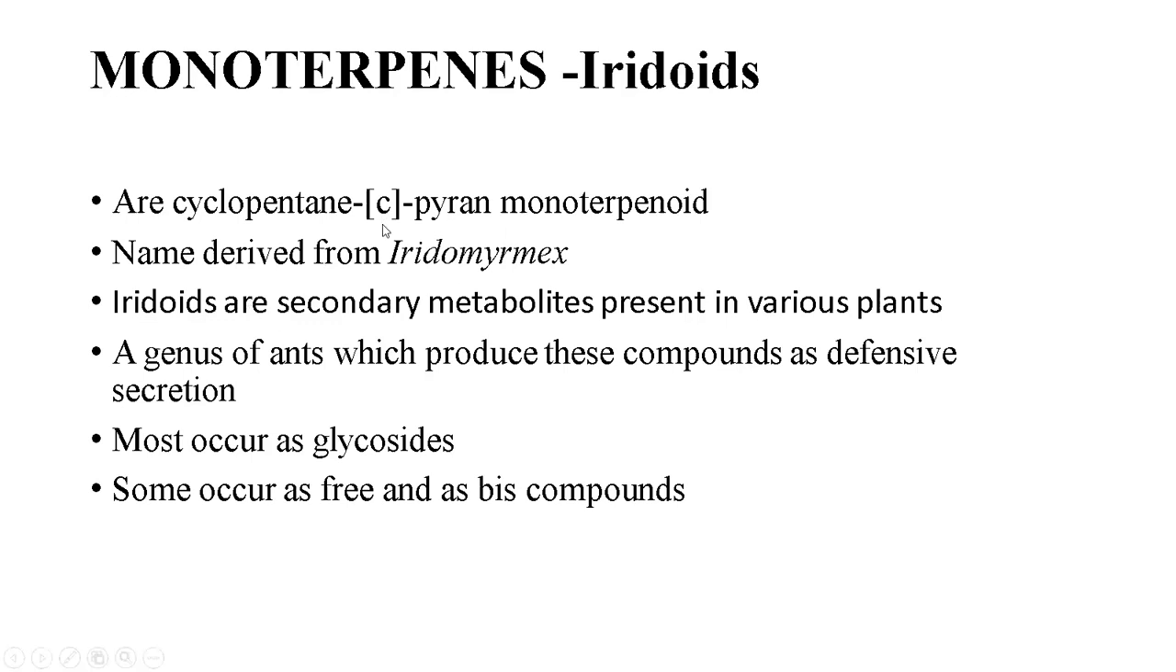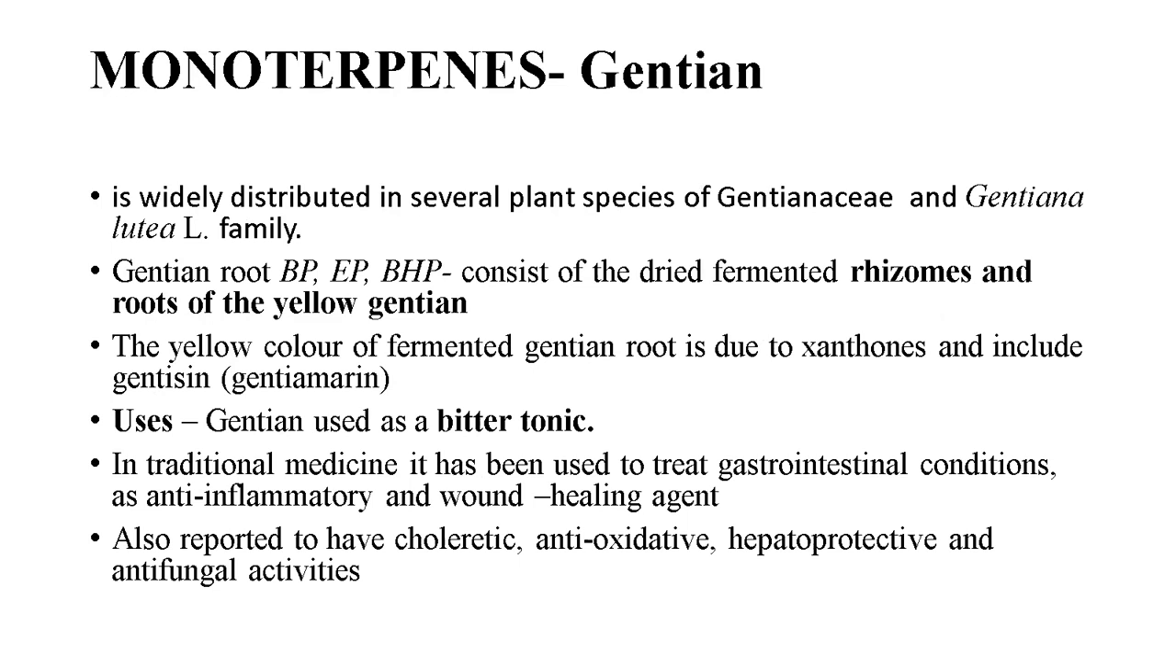So for this, they are derived from iridoid. I can't pronounce that, but that. Again, they are secondary metabolites present in various plants. So there's a genus of ants which produce these compounds as defensive secretions. Most occur as glycosides, some occur as free and as base compounds. The next group is the